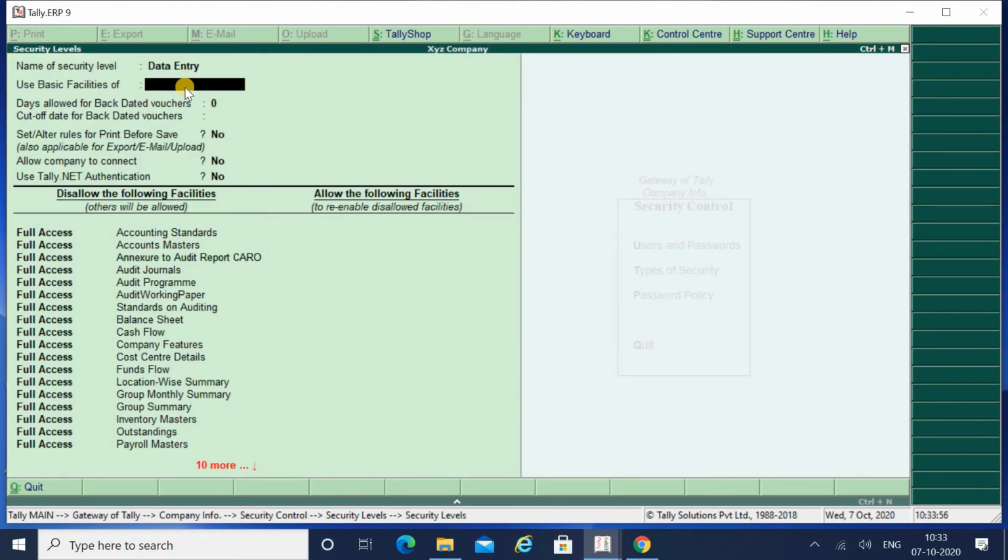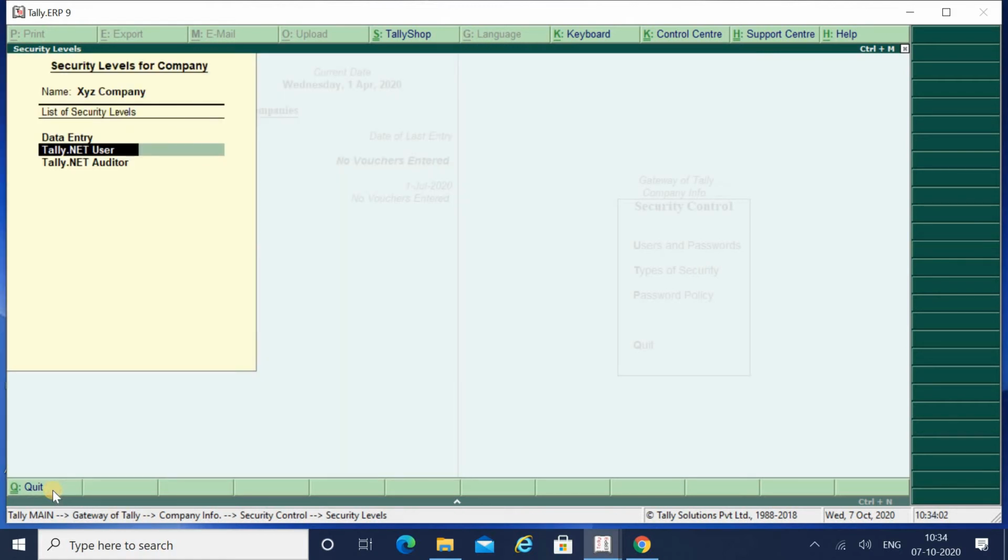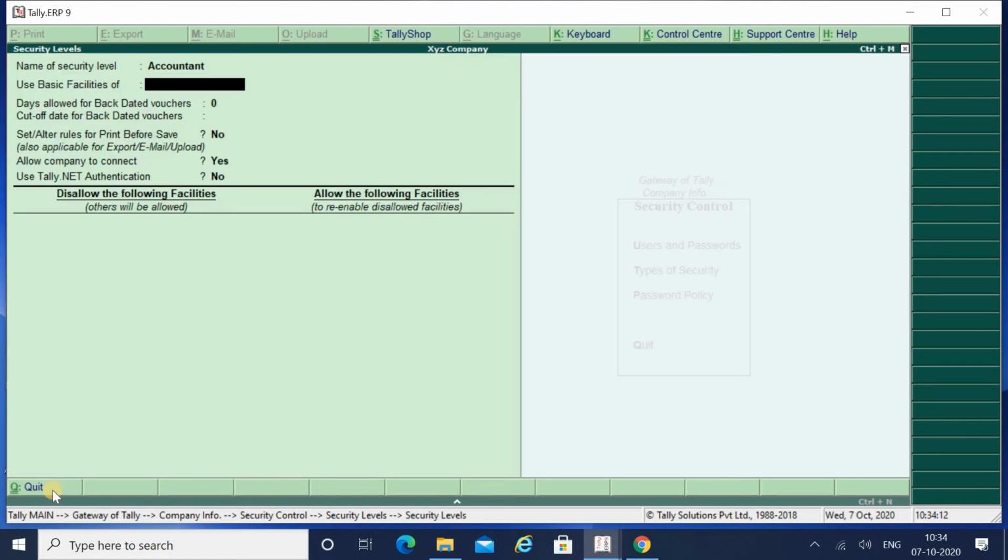Now there is one option known as data entry. I don't want anything over here, nor tally.net user, tally.net auditor, no. And here I write accountant. After typing the name, we press enter on it and set its level and power in the company.